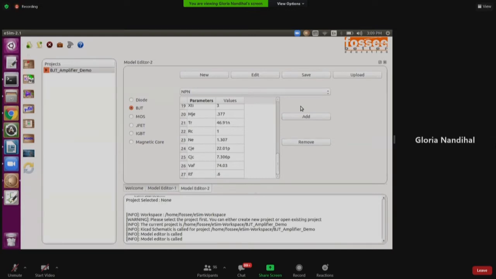It's not required that you enter all the 27. There is something known as level 1 modeling, level 2, level 3 modeling. With the minimum requirements you can also get the transistor functionality, but yes, there are some compromises. So let me first give a small demo, so I have to switch back to the window. Let me finish giving a demonstration of how to use this. Okay, should I go ahead?